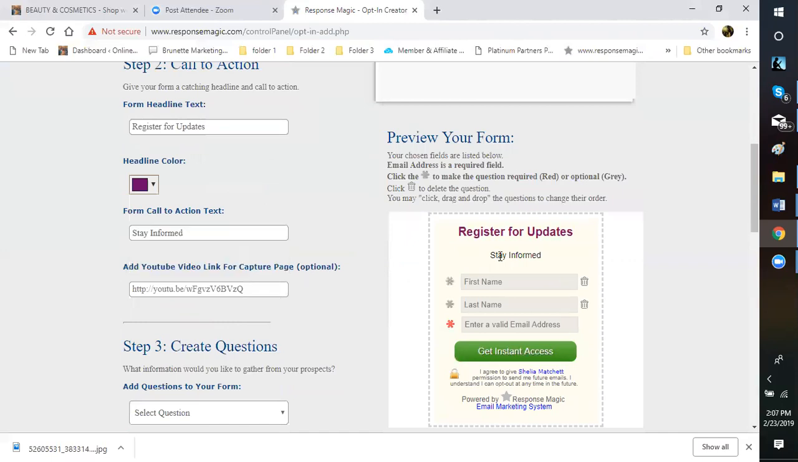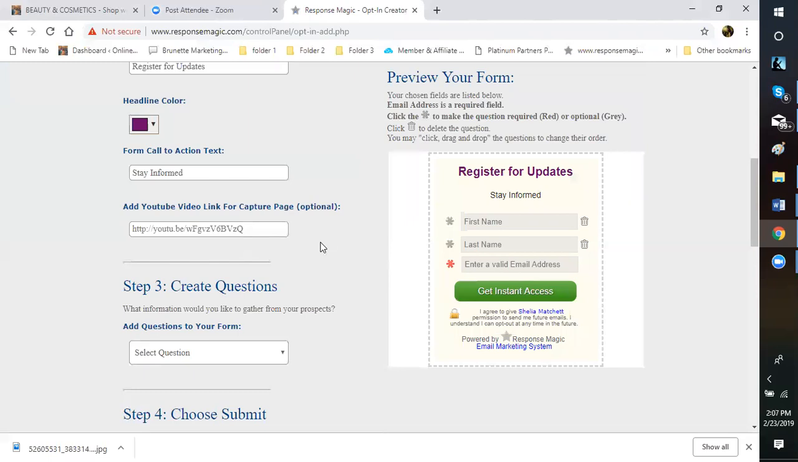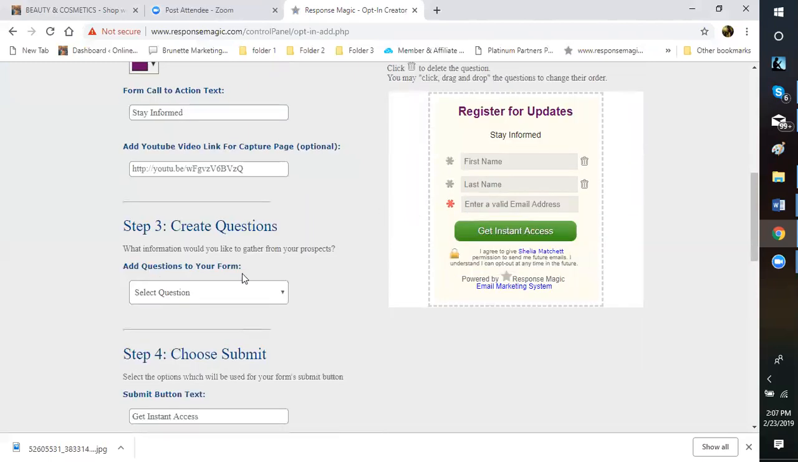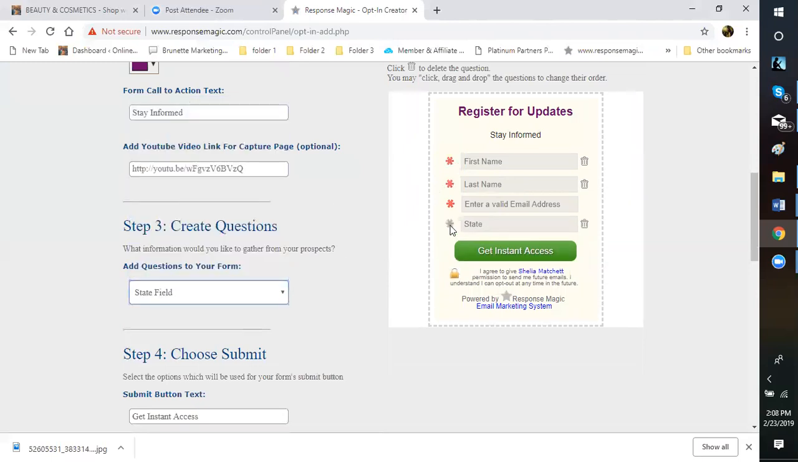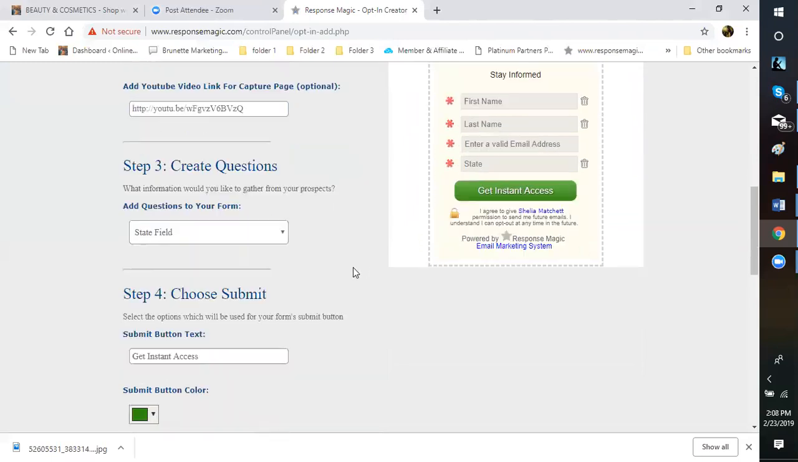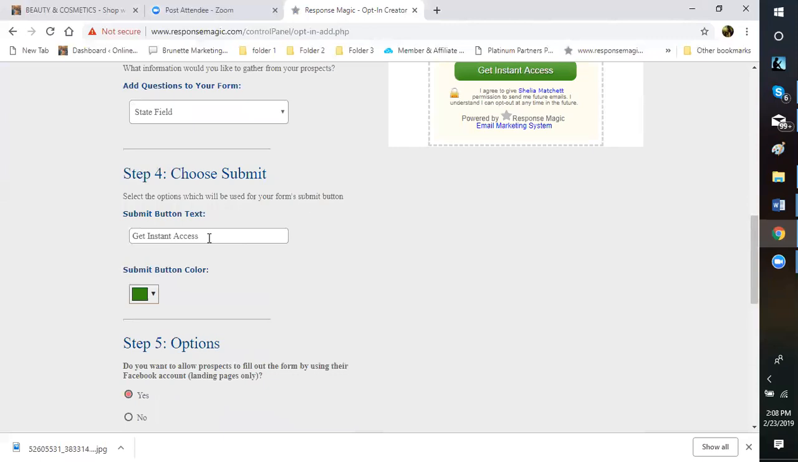All right. That one doesn't give you a color option. We're not going to put a video in there. Here are your questions. You always want to make sure that your questions are in red, because if it's not, then they can leave without filling out the information. If it's in red, then it's required for them to fill it out. It comes with their first name, last name, and an email. I always like for them to put their state, that way I can keep up with the time zone and make sure I'm calling them when they need to be called. And here you can say if you want to say get instant access, or you can say,